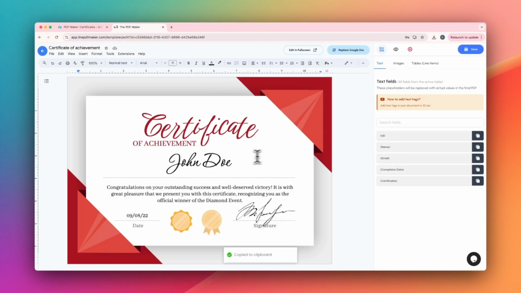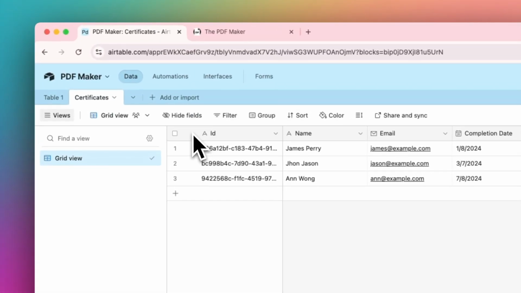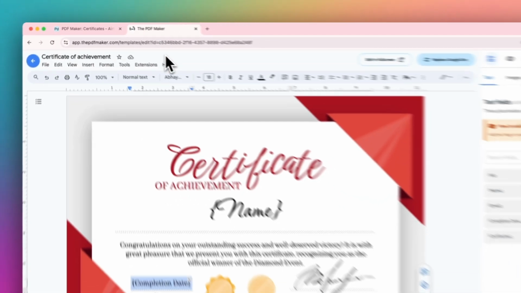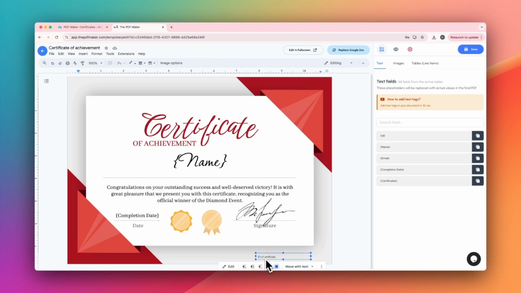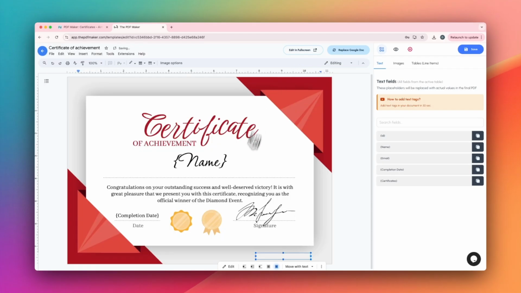So let's use the name at the place of name. Okay, and here date, completion date. By the way, these are the fields coming from your Airtable itself, as you can see. And another, we have this ID of the certificate. Let's use ID. Okay, so we have set up the template: name, completion date and ID. After you're done with the editing, you can click on save,